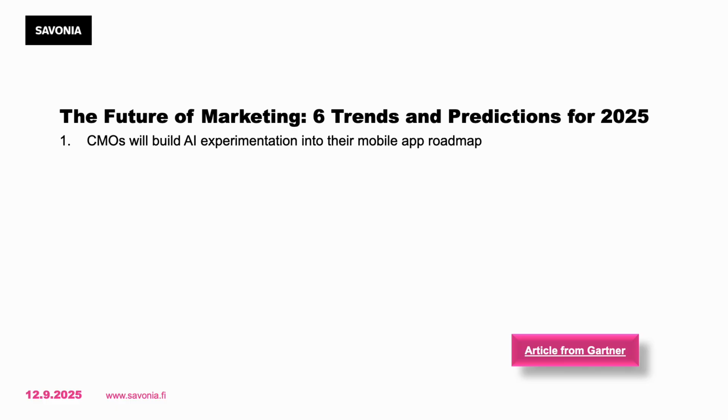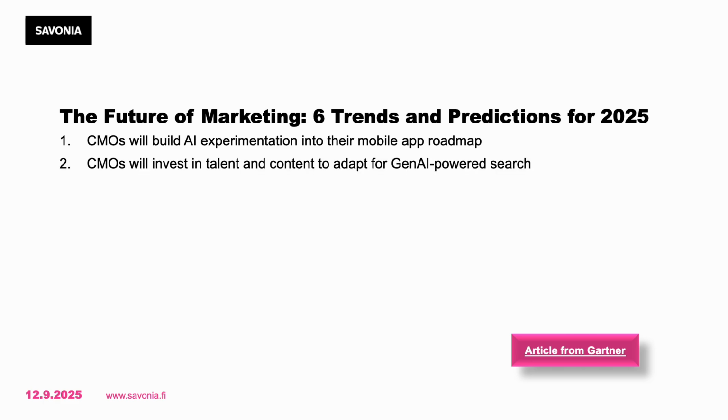And again, we can see how AI is brought up time and time again, but with different angles. And this is something so important. So in this specific article, they mention AI, but for example, as an integration to mobile apps. The second trend mentioned here says that CMOs will invest in talent and content to adapt for Gen AI powered